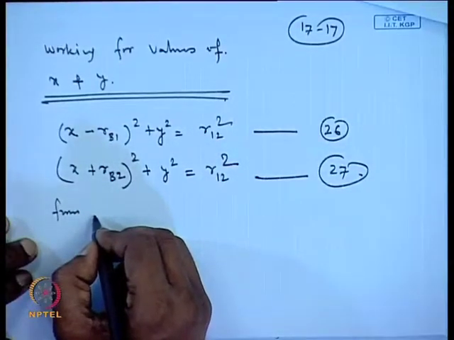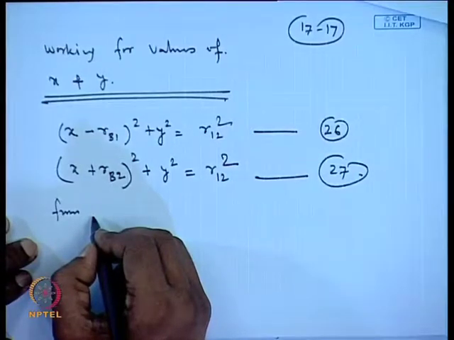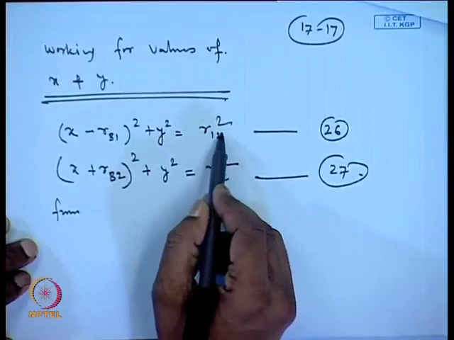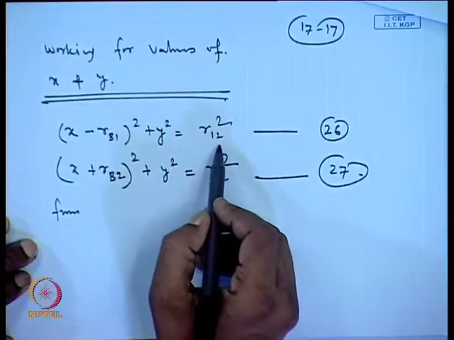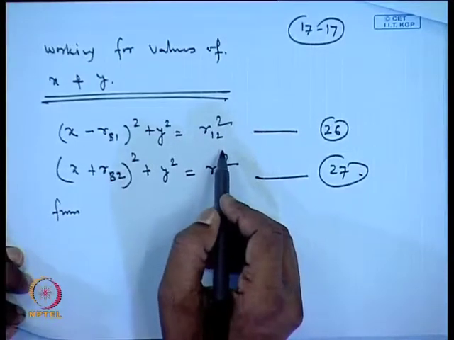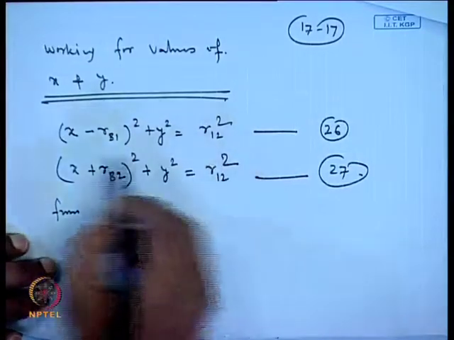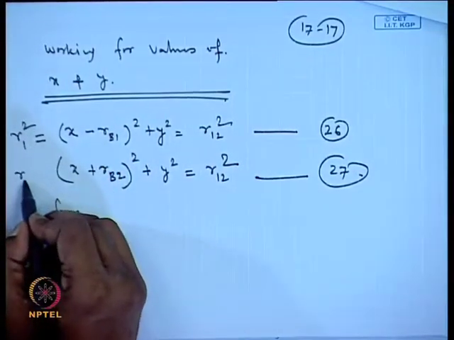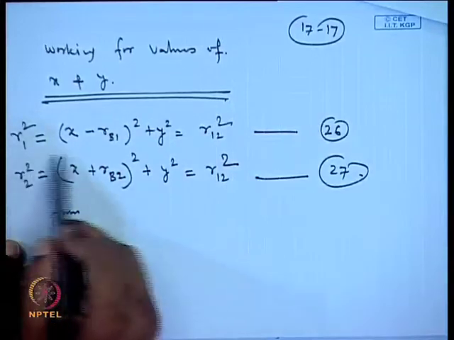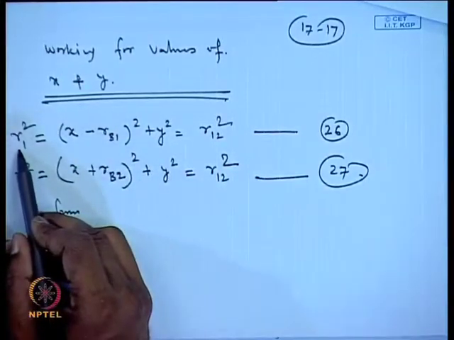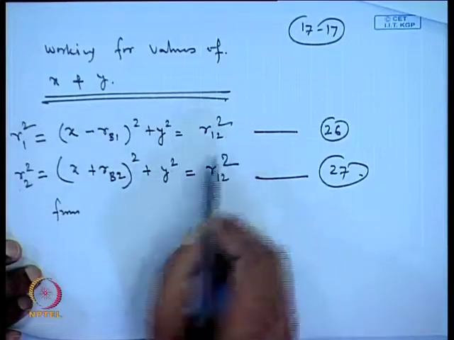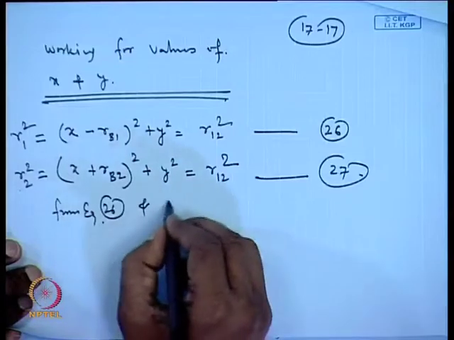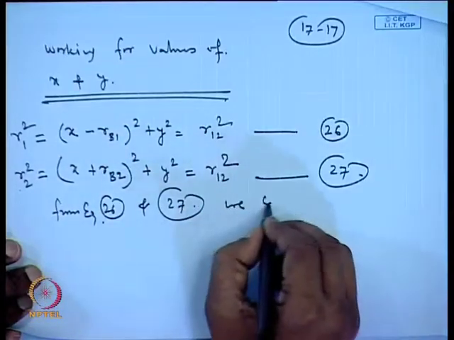So, utilizing the previous results, we see that the right hand side in both the cases is referring to the same quantity, because this distance we wrote as R_1 squared and this distance we wrote as R_2 squared. We have already proved that R_1 equals R_2 equals R_12. So, from equation 26 and equation 27 we can write